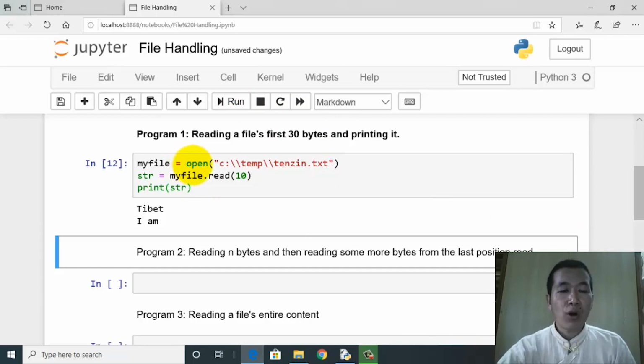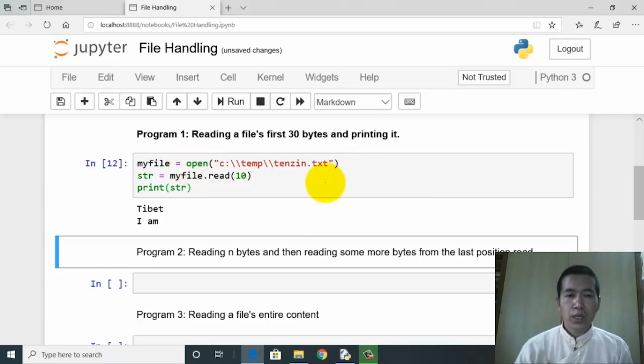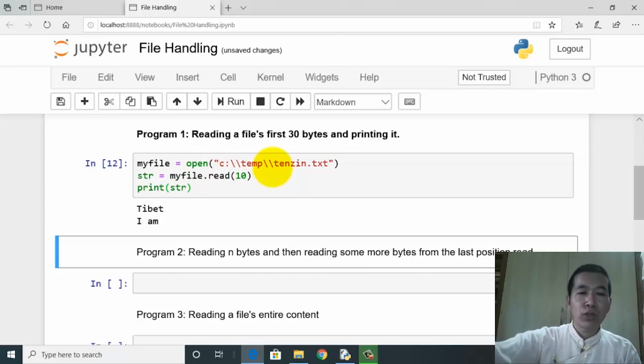Open is a name of inbuilt function. I hope you know the meaning of function. Function is nothing but a collection of statements which is used to perform a specific operation. So this is nothing but a function by the name of open. So basically what I am doing is I am making a call. I call a function by the name of open. The function definition for the open is lying somewhere behind the scene.